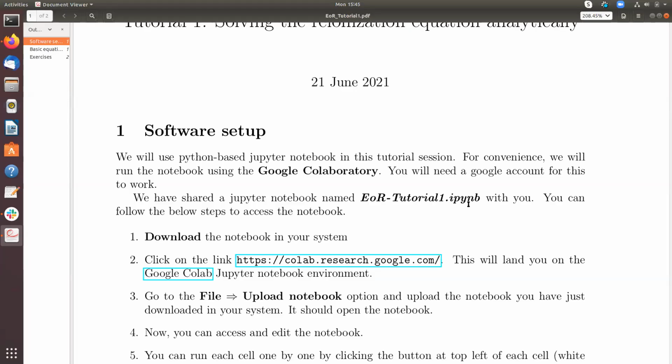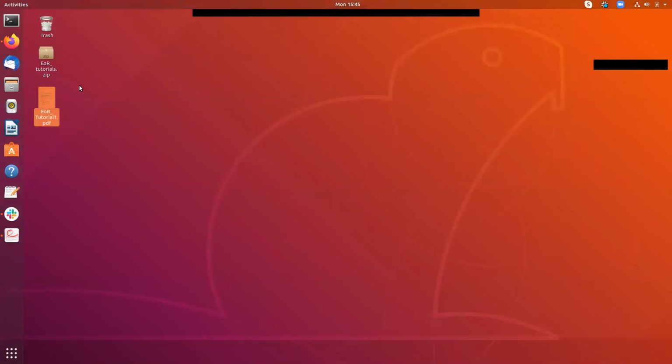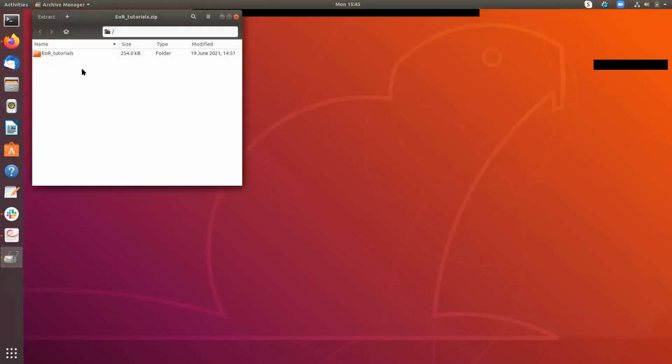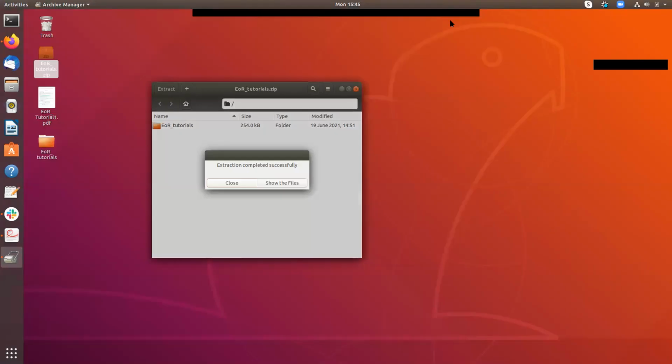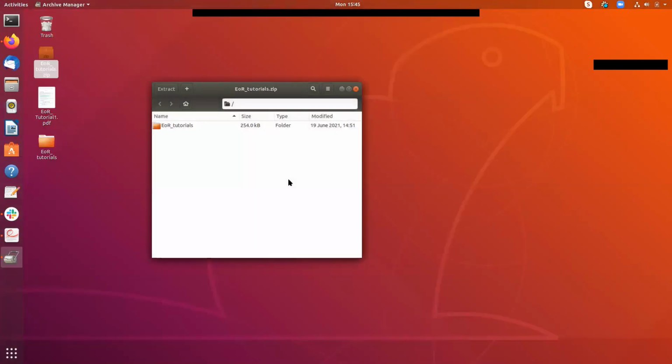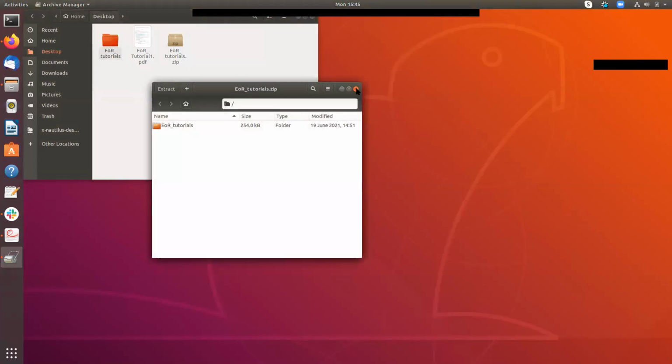Firstly, you just download that zip file, whichever we have sent to the Slack, and I have just copied it here on the desktop. If you extract the files from there, let's say I extract here itself on the desktop, you will get all the files there.